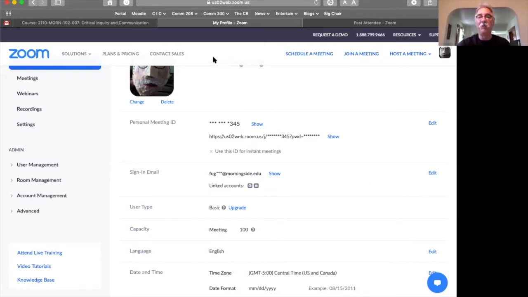I should also note, I have my computer raised a little bit so that I'm not looking directly down into it. It's better to have it a little bit on eye level if possible. All right, so